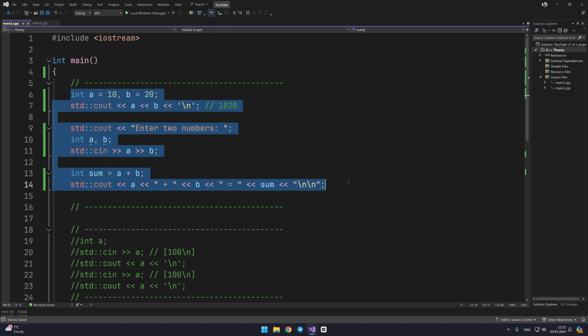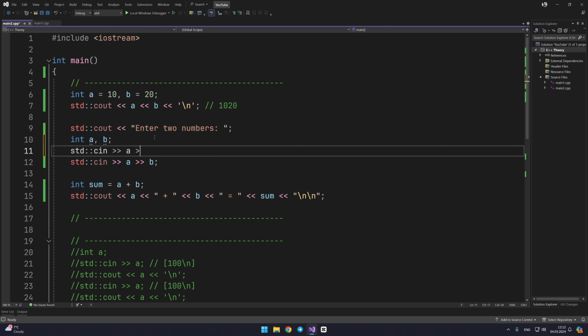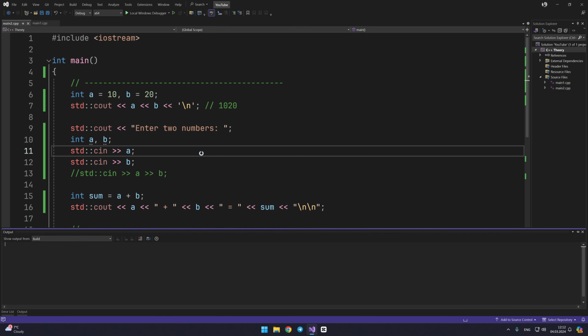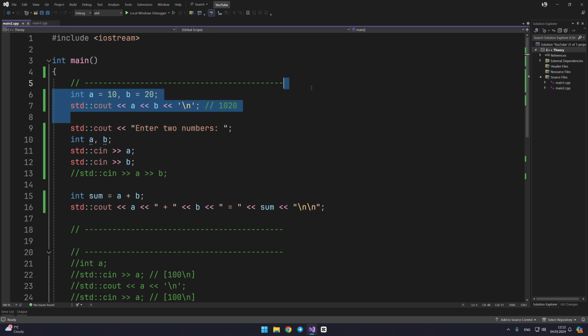Do you remember that you can build an output chain thanks to std::cout in this way? So we can do the same with std::cin. Let's imagine that we need to enter two values at once into the calculator. I rewrote the code and we can do it like this. In this case, you see two separate commands, but when running, the user must enter a second value after the first. There are several ways to do this.